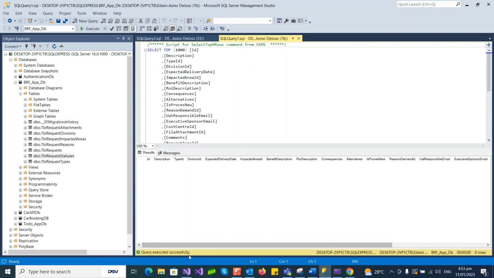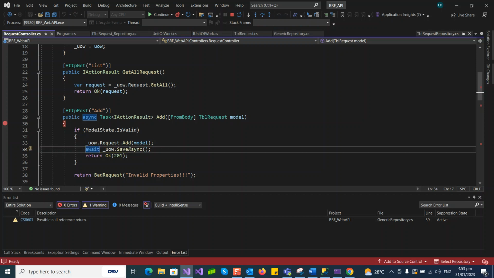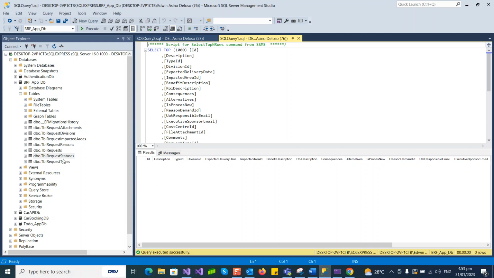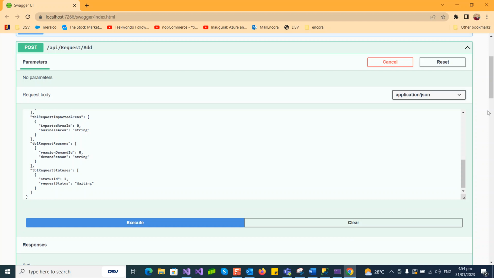So to actually save it to our SQL Server, we just have to call save async. This save async will actually save to our database. So we just go further. Then yeah, so that's it. It will save to what tables? All of the tables, of course, because this is part of the request. If you can see here, why is no data hit? Let me go back. Why is it not saving? Where is that? The request